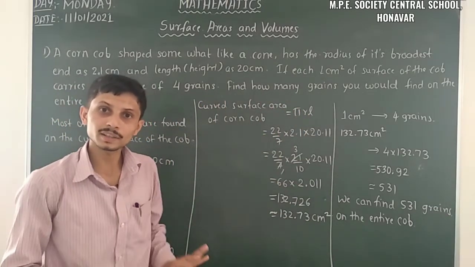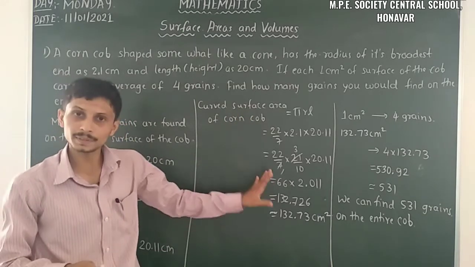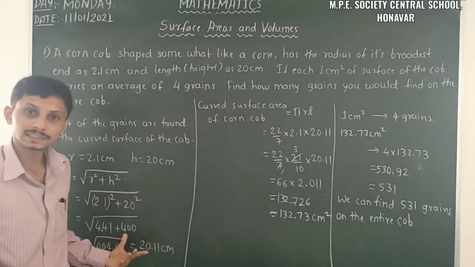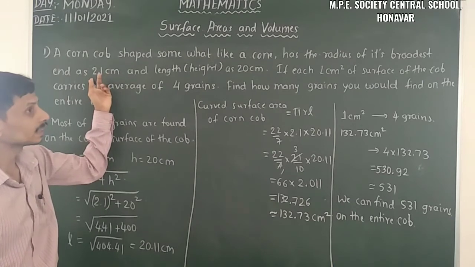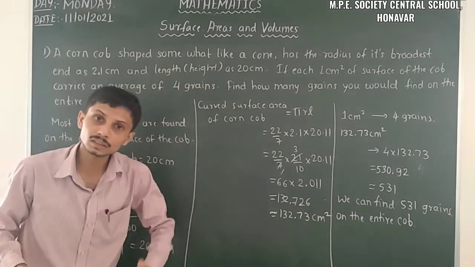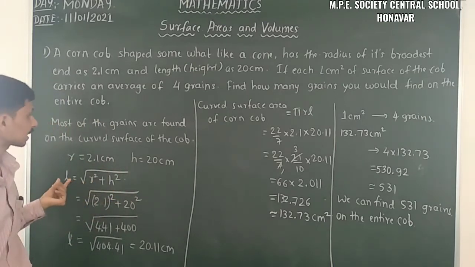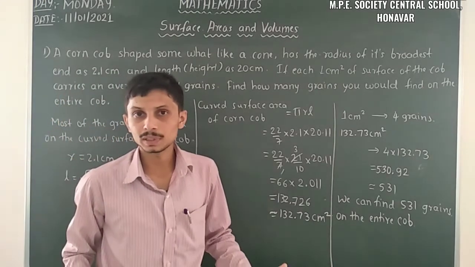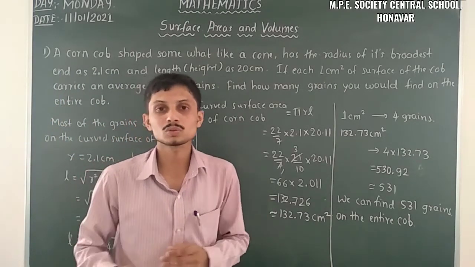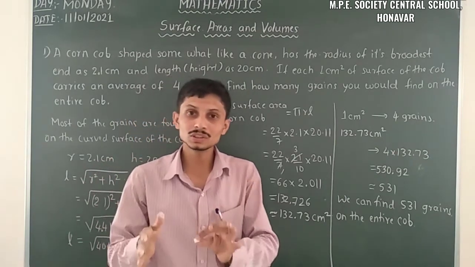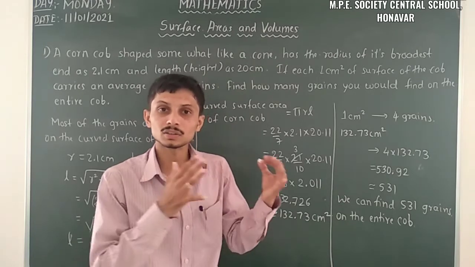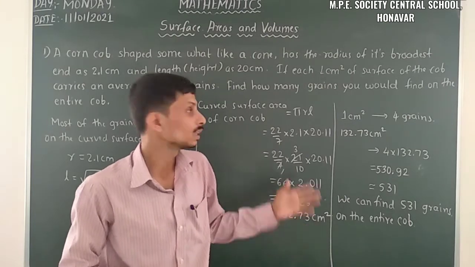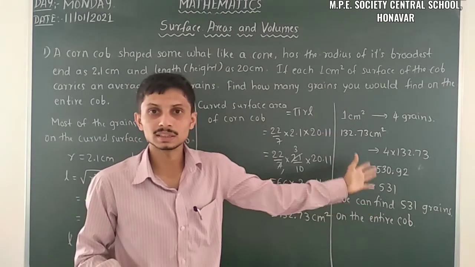Yes, so this is the solution of this problem. Here it is the curved surface of the cone, and the procedure is the same, but here we have to find the slant height, since the radius and the height of the cone are given. Using the relationship between slant height and height, L is equal to square root of r square plus h square, we can find the slant height. Once the slant height is found, we can use the formula of curved surface area of the cone, and this technique we can easily use here.